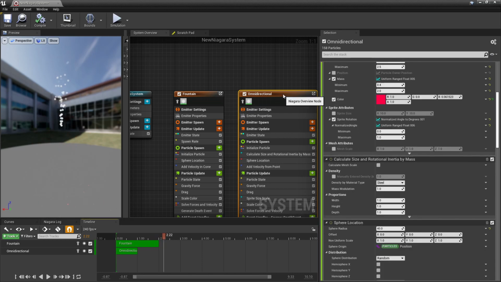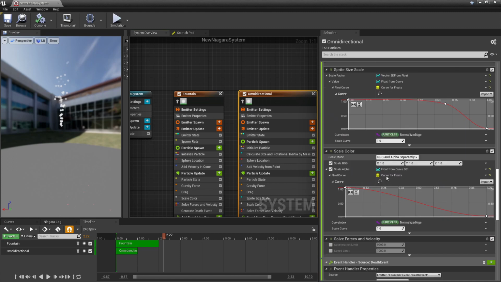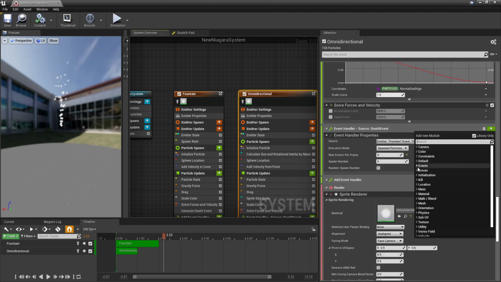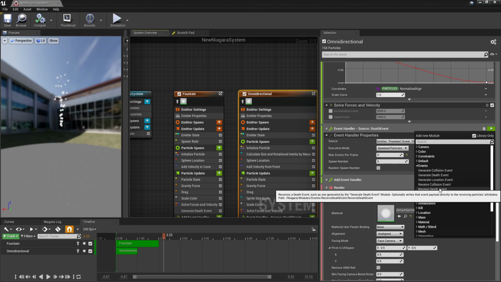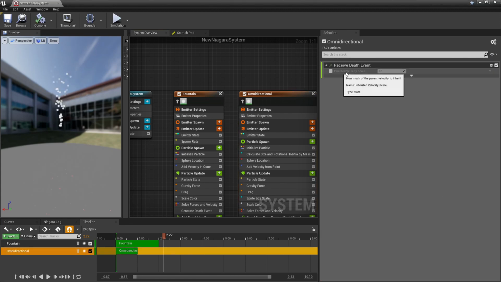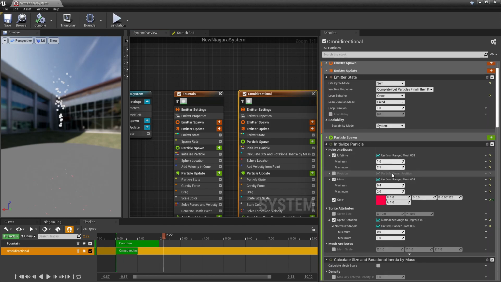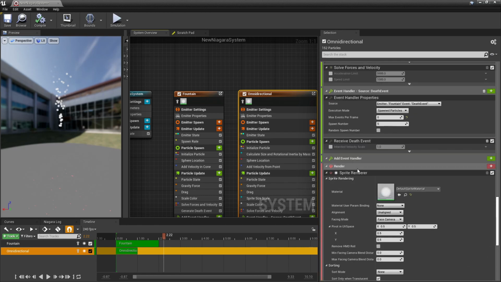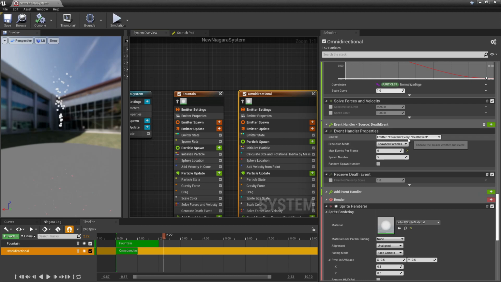So the thing that you have to add is you added an event handler, but you also need to add receive death event. So let's add that. You can inherit the velocity of the dying particles. We will not worry about that at the moment. That thing gets added over here. So you had the source as the fountain death event and now you have a receive death event. And that should make it work, and you can see as the particles die,